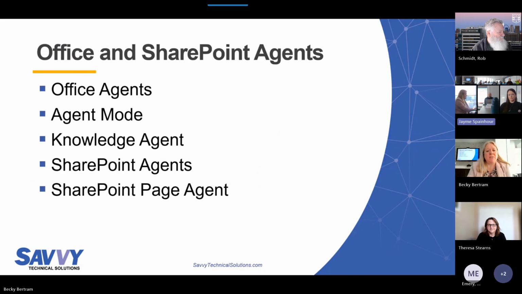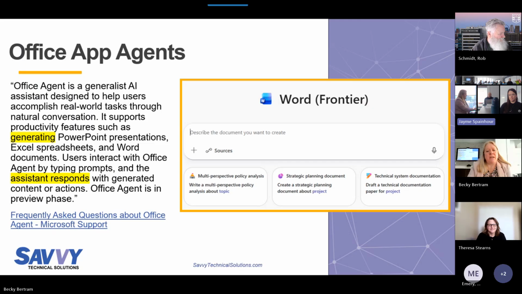So let's start off by talking about Office and SharePoint agents and walk through each of these. Office app agents are not a big thing, but previously you had to open up Word and say, insert this text, or open up PowerPoint and say, add these slides. It's a small thing, but a big thing: you can actually say, create a document that has this. So for Word, Excel, and PowerPoint, now you can go in and say,